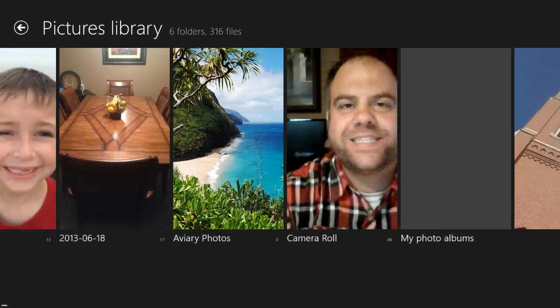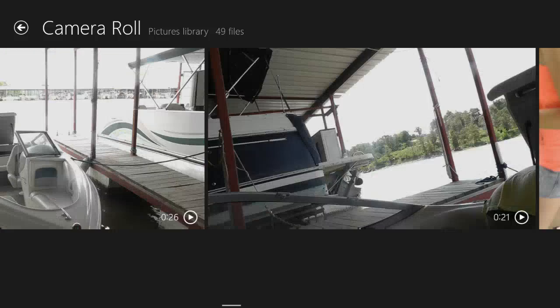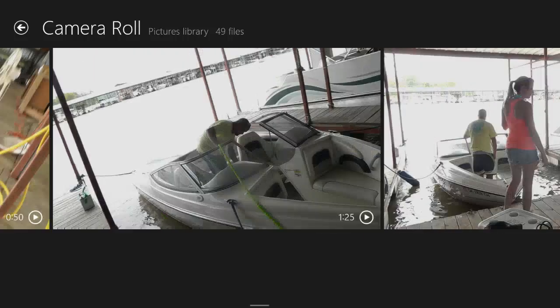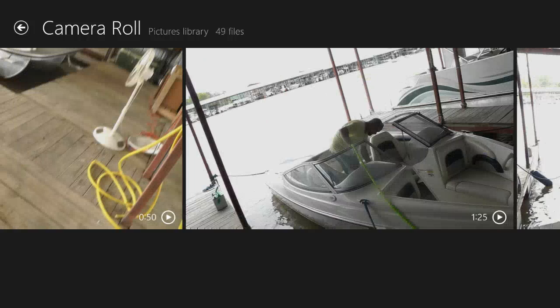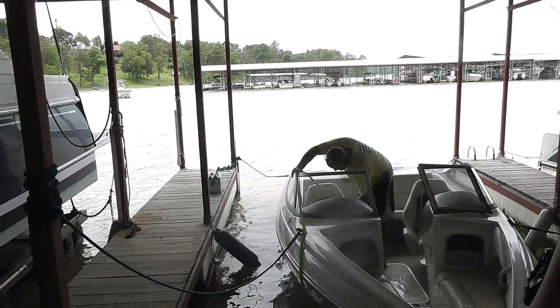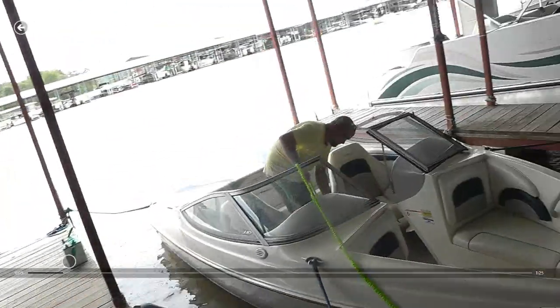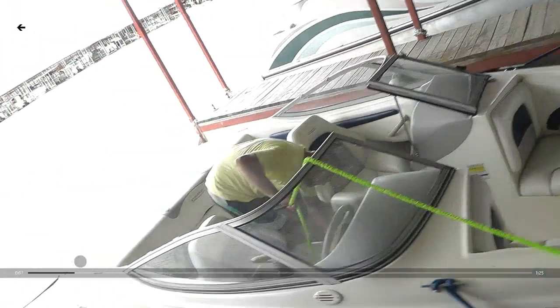Another idea is to take videos. I've actually lost a lot of weight since those videos were taken. This is our boat. Our boat sits down in the marina at Lake Eufaula on this particular day. Jason, this is my brother-in-law. And see how the audio comes through on the video, how you can hear it really well. You probably get a little bit of echo there. But he was washing out the boat.